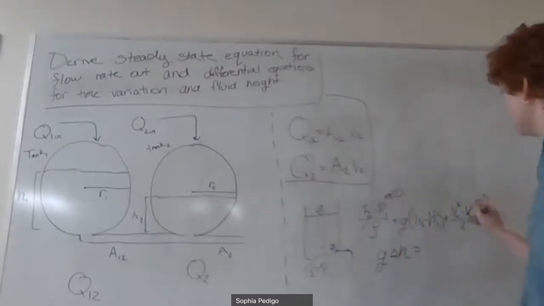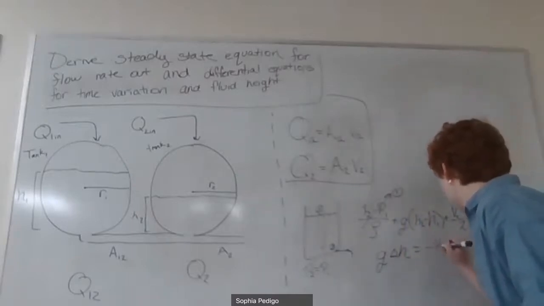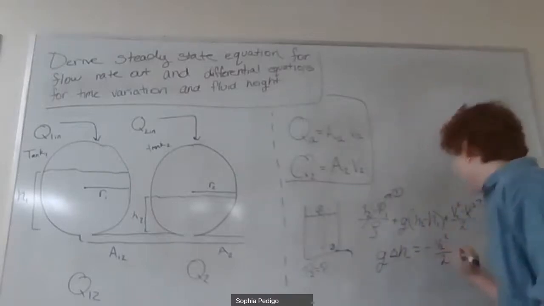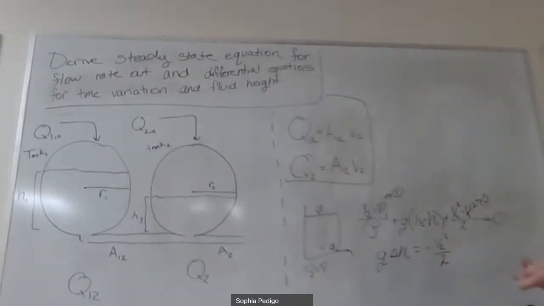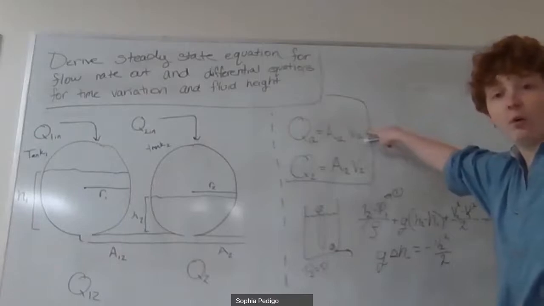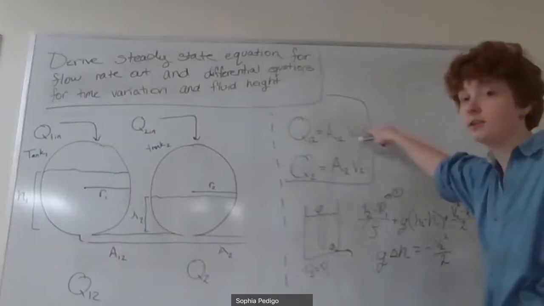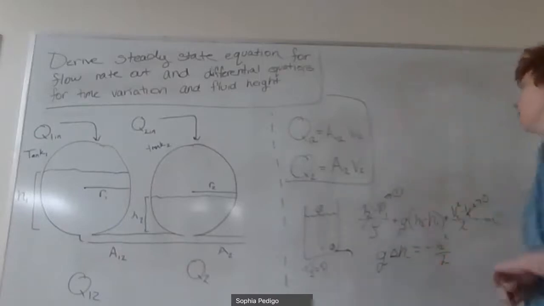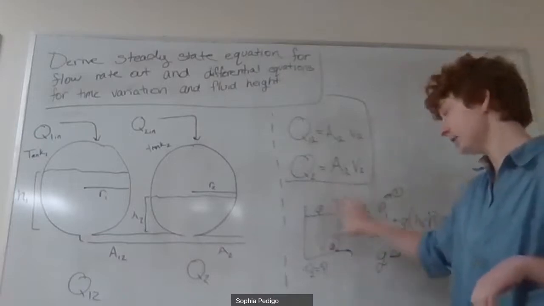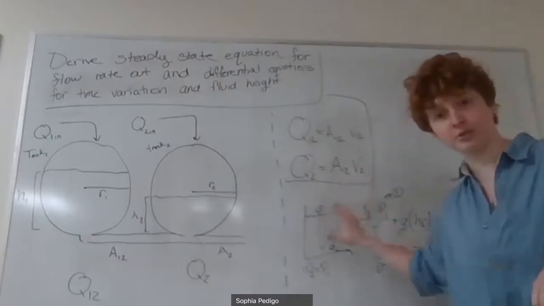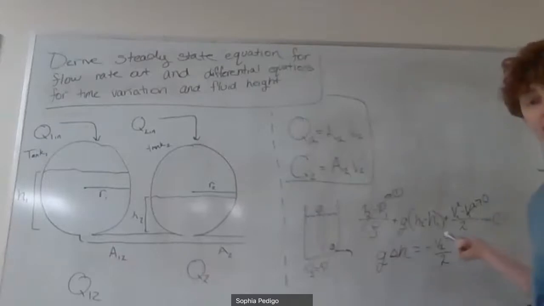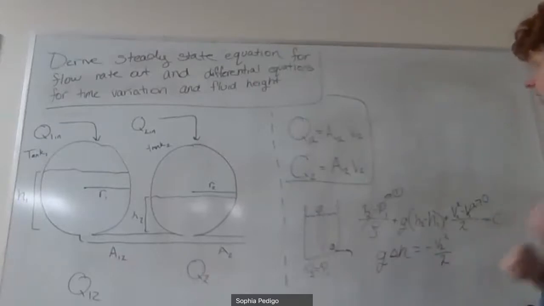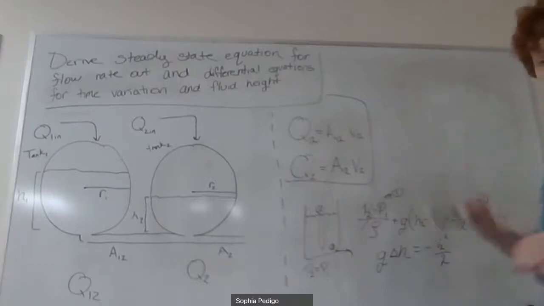And that is going to be equal to negative V2 squared over 2. Now, earlier what I said is that we didn't know what the velocity was in our flow rate equations. Well, now I'm looking at a similar problem in which we have a cylindrical tank, and I'm just about able to find the velocity for this. Let's go ahead and keep solving and see if we can make a substitution into our flow rate equations that